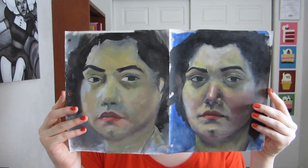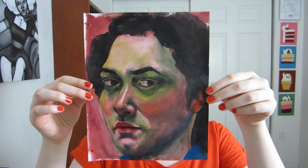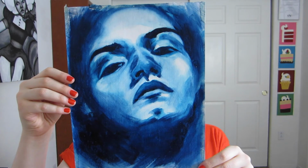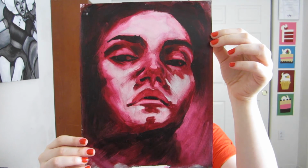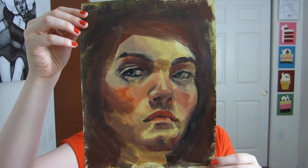I'll show you a few more portraits that I made so you can see how much better I was even just after I did the first 20 self-portraits. These self-portraits were done the same year that I did the first 20 self-portraits, and you can see that these ones are already way better than the first ones I did. Then these paintings are from a year later. Challenge. Looking at all of these, you can tell that they look either a little or a lot different from